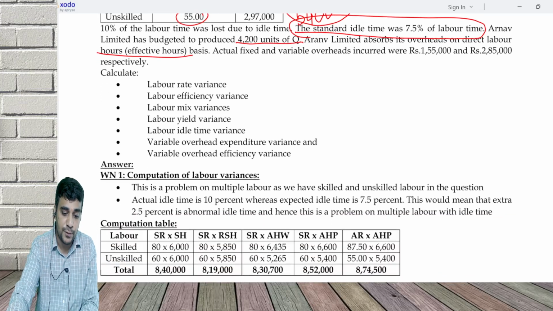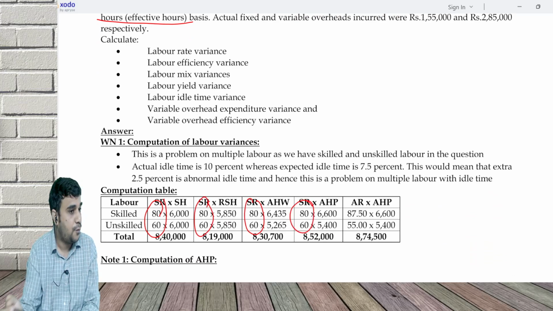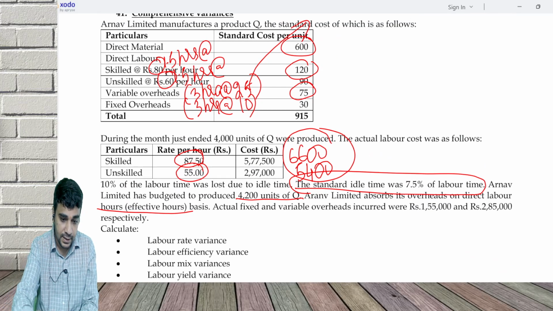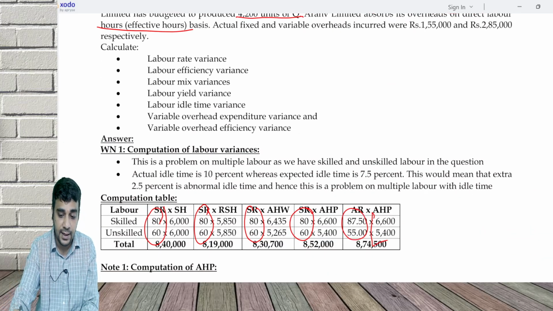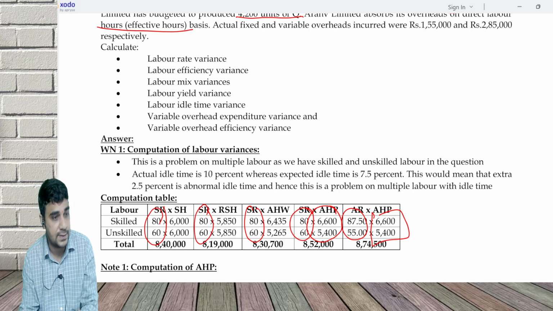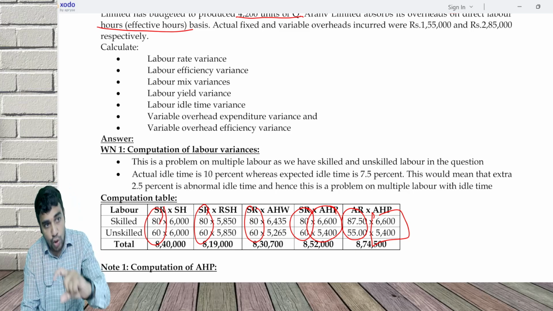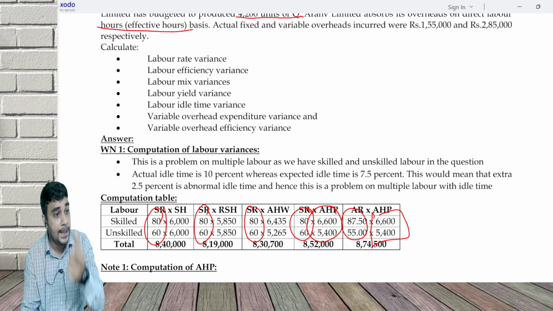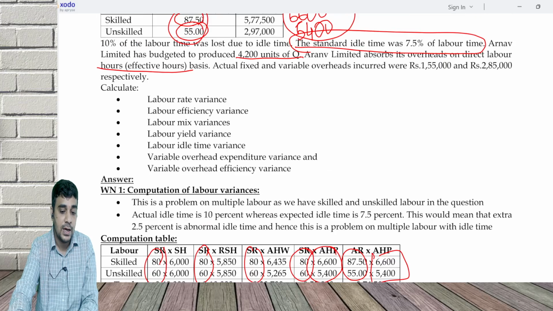So in this problem, this 80 and 60 I copy pasted at 4 places, and 87.5 and 55 at one place. You divided and told me the rate, that is AHP, and the number of hours. In that, if you subtract 2.5%, that is AHW. Total of AHW in 50-50 is RSH, and your SH is